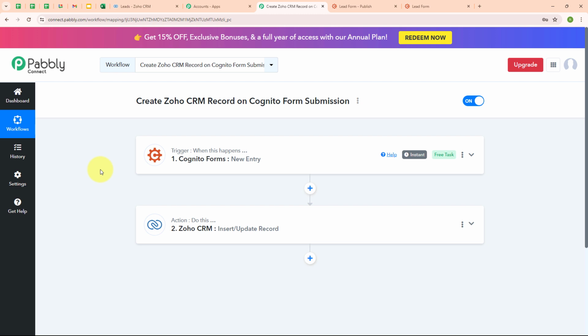Now let me summarize this whole video for you. So here we have taken our trigger as Cognito Forms and our action as Zoho CRM, so that whenever a new entry is made in our Cognito Forms, automatically using that details, a new record should be created in our Zoho CRM account. If you want to use the same workflow, then you can find the clone link in the